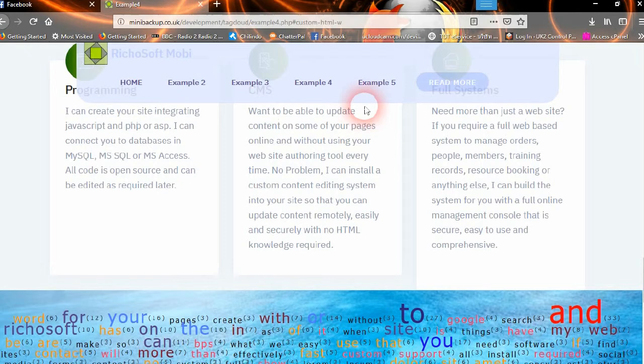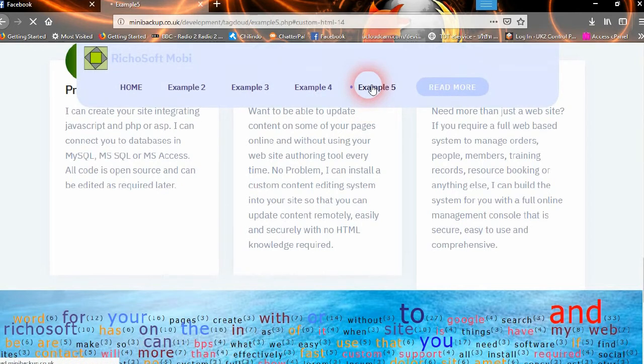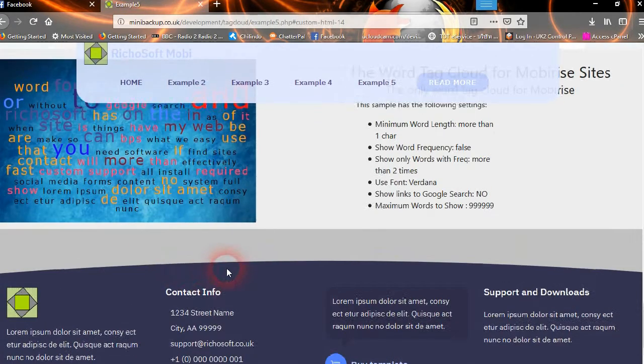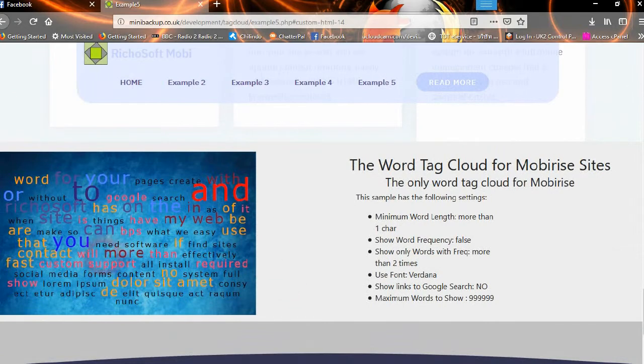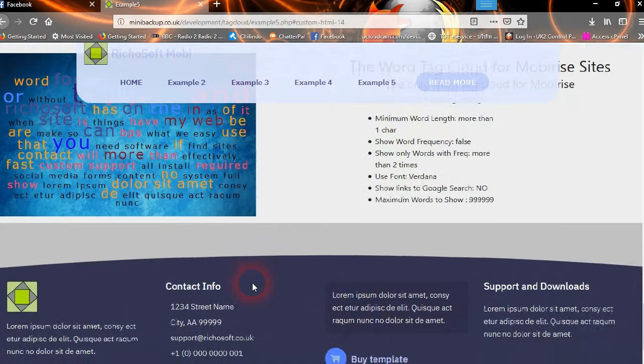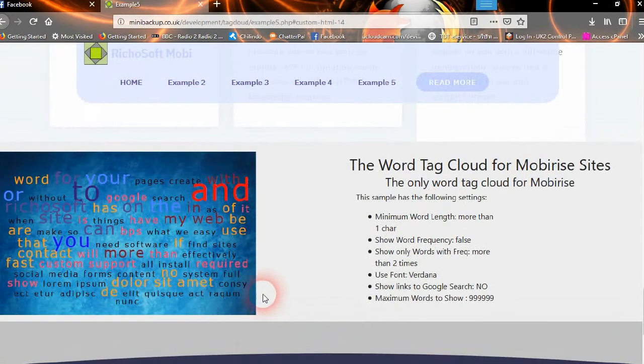So that's that one. And then if we look at example 5, we've changed the background, so we've got a different background, and on this occasion we're not showing the frequency, and we're not showing the links to Google search, so when you hover over it, it doesn't go anywhere. Okay, so that's how it all works,